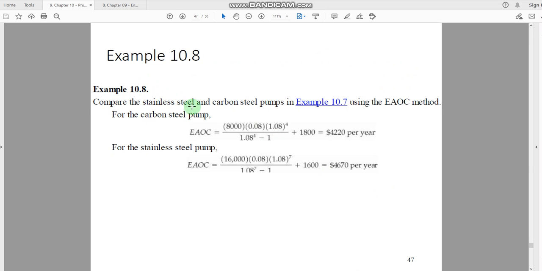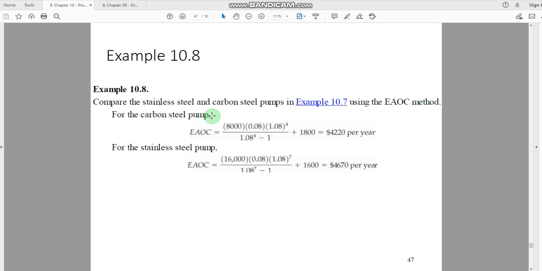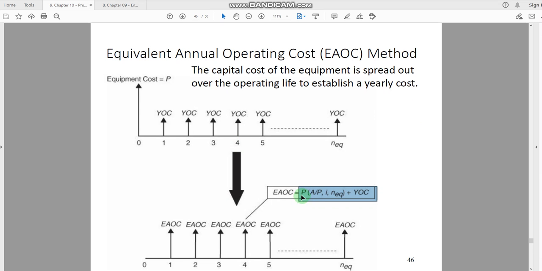Now compare the stainless steel and the carbon steel pumps in the earlier example 10.7 using the equation for the equivalent annual operating cost method. Now for the carbon steel pump, what you have to do is calculate the principal amount, right? Sorry, you have to calculate the annuity here by this equation. So the equation that we are going to use here,